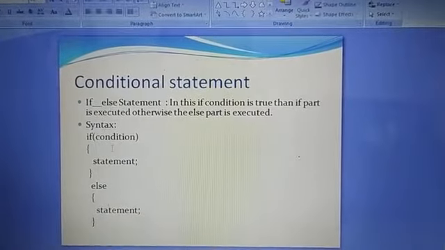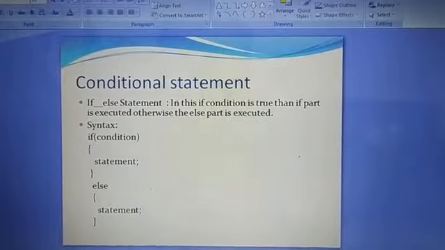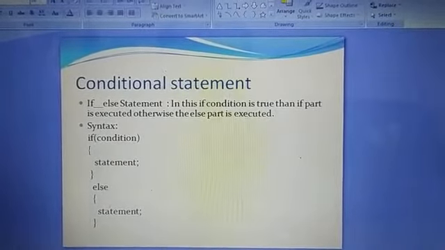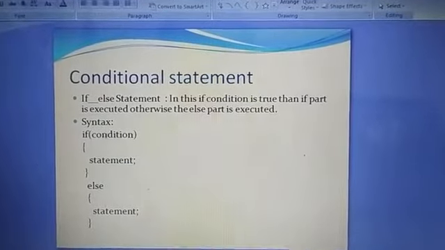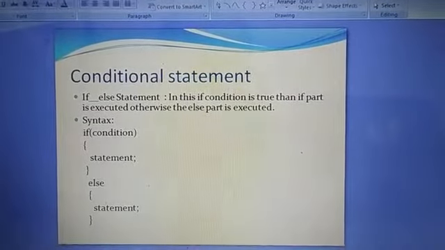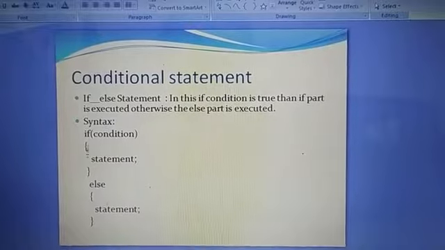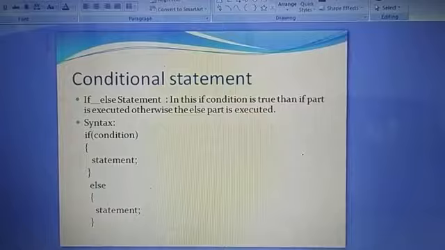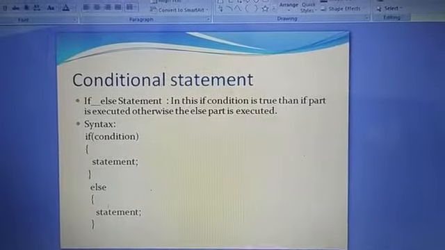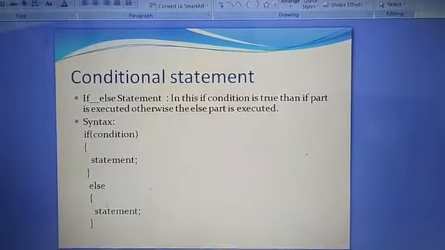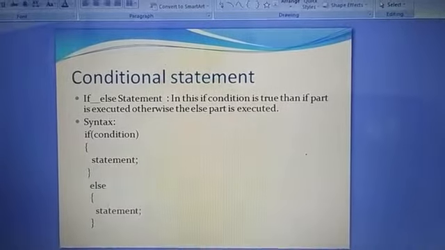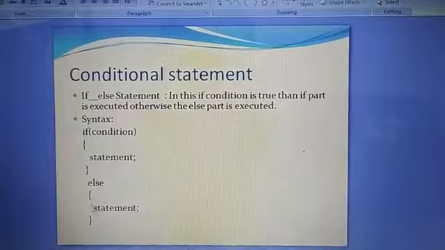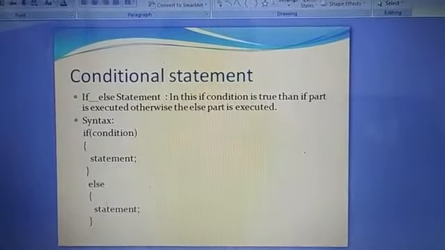Now the next one is the if-else statement. In this there are two parts. If the condition written inside the if is true, then the if part will be executed. Now if the condition is false, and here a condition has only two options, either true or false, meaning either 1 or 0, then whatever statement is written in the else part will be executed.